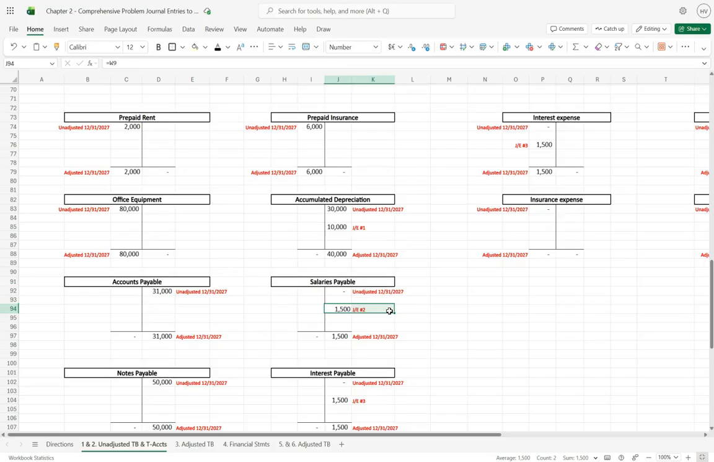So I know what every single entry is for. In this particular account, we did not have any balances come through on the unadjusted trial balance. And that makes sense, because on the 22nd, we paid out our employees. So any credit balance that we had on our salaries payable, we would have debited it out